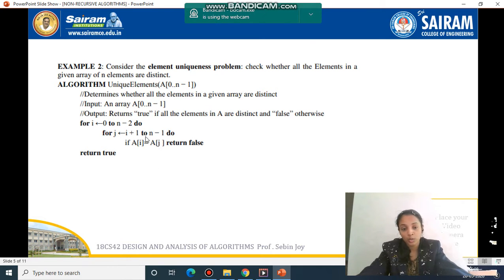The inner loop is for comparison between the elements. First we compare the first element with the next elements. Then we take the second element and compare it with the next elements. Then we take the third element, and like that the loop goes on. So one loop completes one pass, and the other completes the iterations. That is why you use two loops. Can you tell me what the basic operation is? Yes, if a of i is equal to a of j, that is the basic operation.